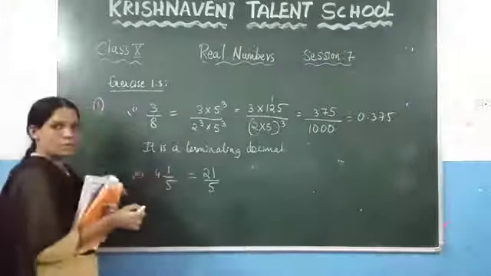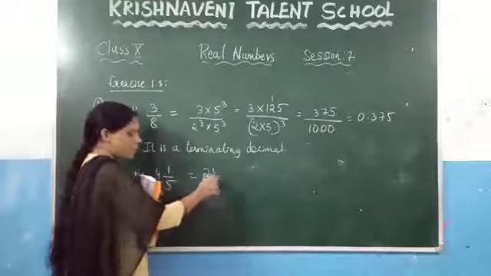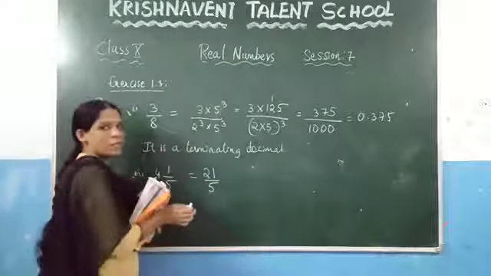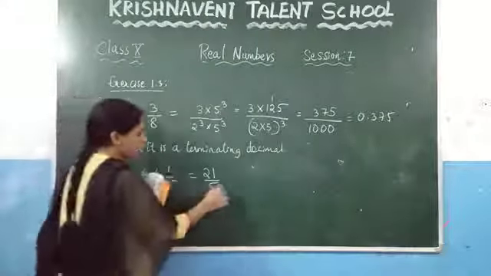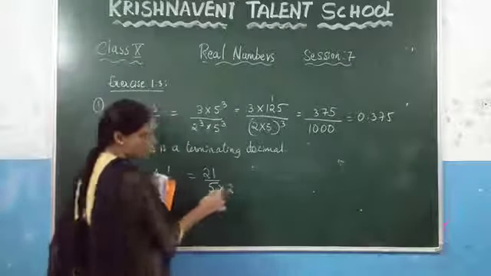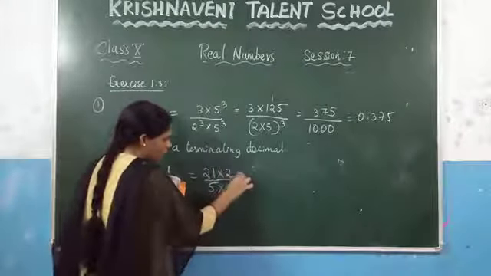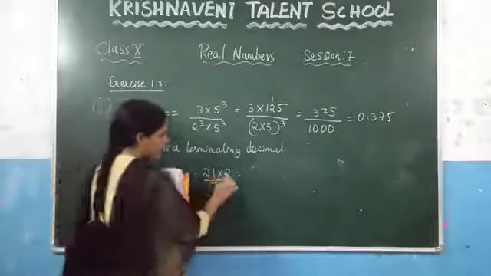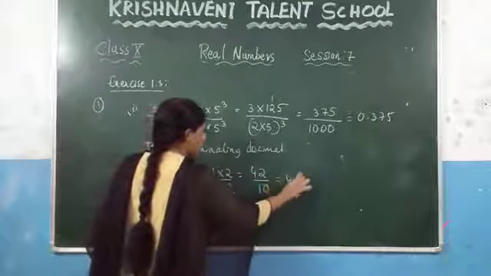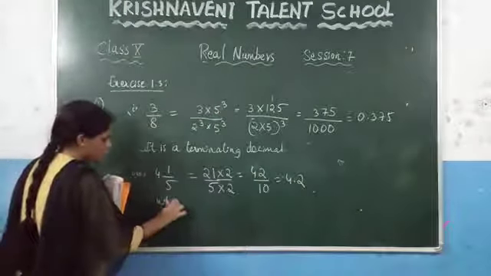You know that it is a terminating decimal because here the denominator is in the form of 5 power n. But here you need to find the decimal. So here, which number do you have to multiply? To get 10 from 5, you need to multiply with 2, so that you get 5 into 2, which is 10. Here also multiply with 2. So what do we get here? 21 into 2, which is 42/10. So we can say that it is 4.2, which is a terminating decimal.